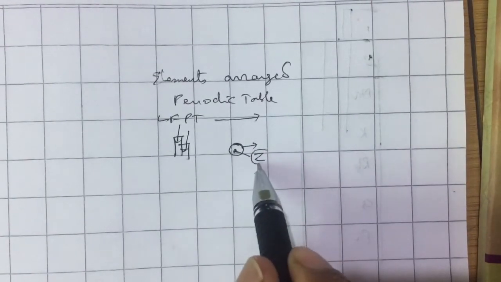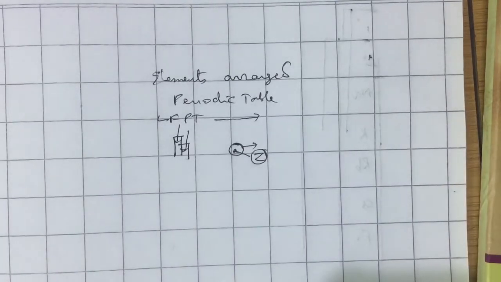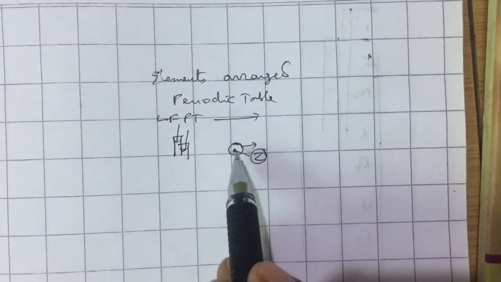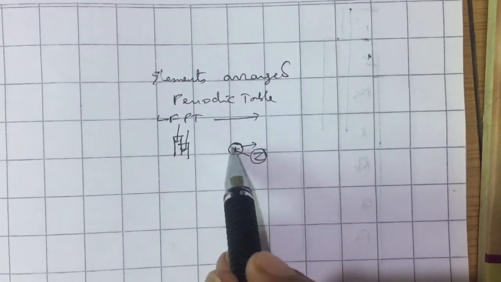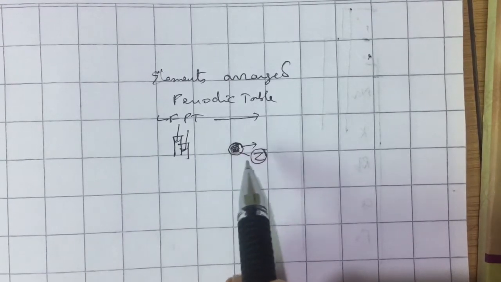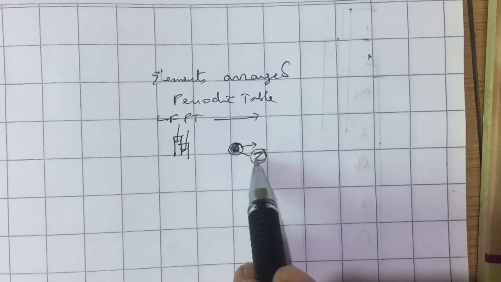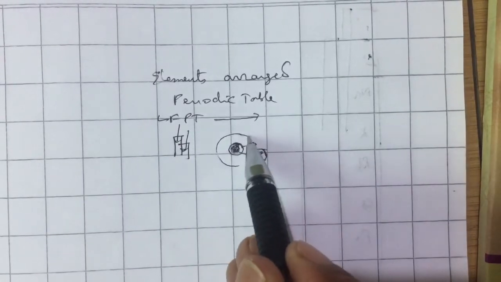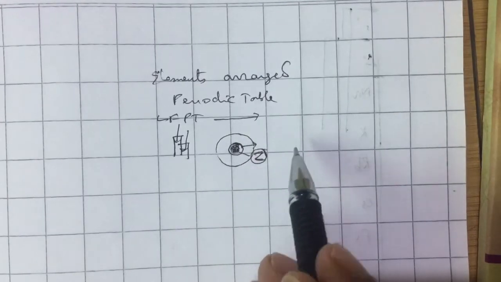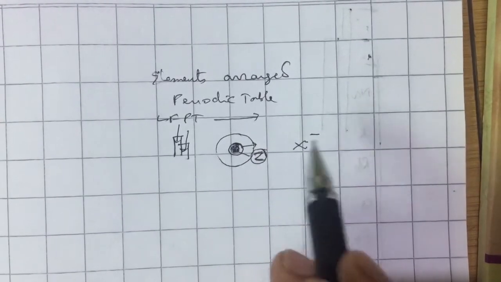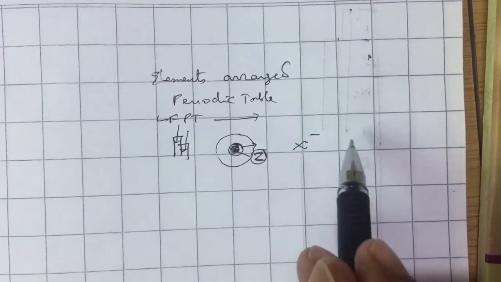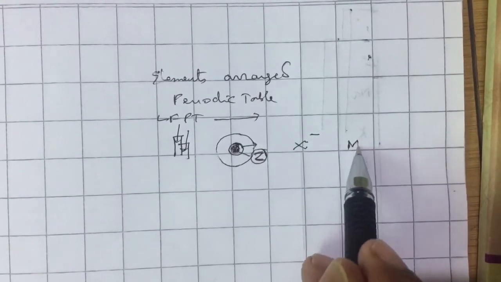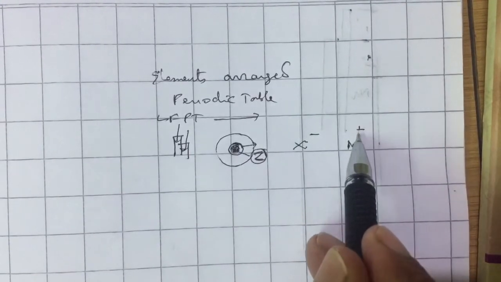The atomic number was originally discovered by Moseley, though it mainly talks about the positively charged particles present in the center of the atom called the nucleus. The atomic number nevertheless is equal to the number of electrons in a neutral atom. By chance, if any atom gains extra electrons, it gets a minus charge and is known as a negative ion. If it happens to lose electrons, then it gets a plus charge and is called a cation.